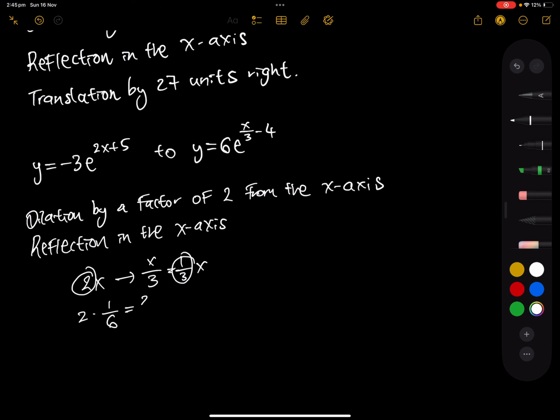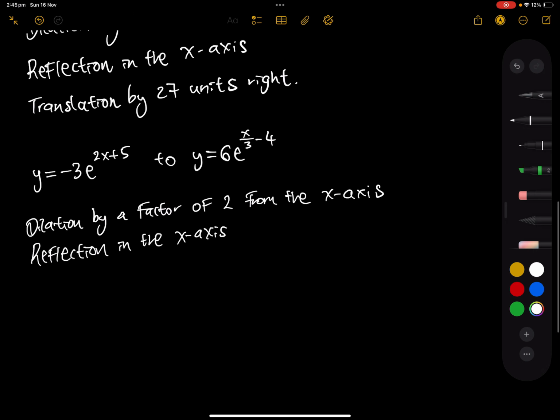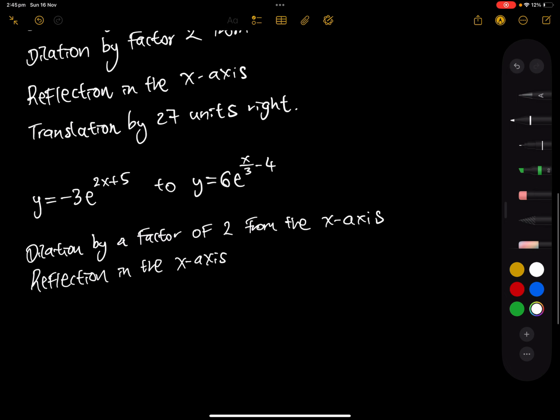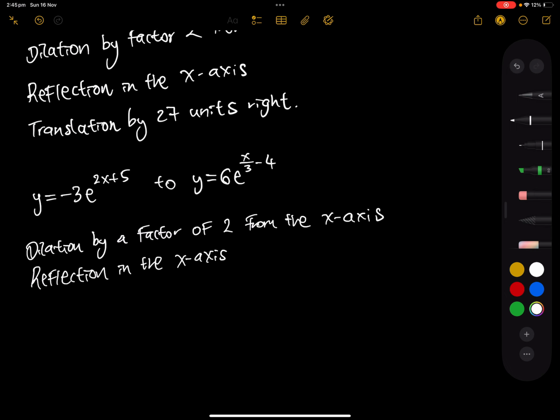So it is done by dividing by 6. And remember, this is the part that makes the deducing method a little bit harder than the transformation equation part, which is the fact that you have to be very careful and remember that when you divide by 6, it is actually a dilation factor